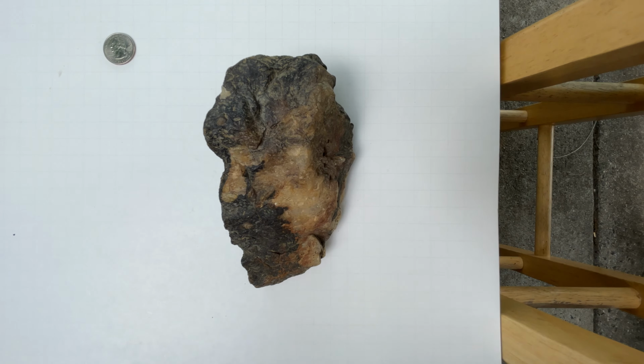The piece that I want to show you guys today is what I've been calling the gateway piece. As you know, the channel's named Faces in the Stone. I started artifact collecting at a construction site and on some private land where I had permission recently here in North Carolina. And